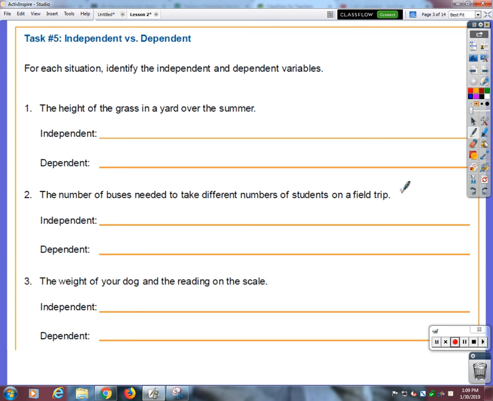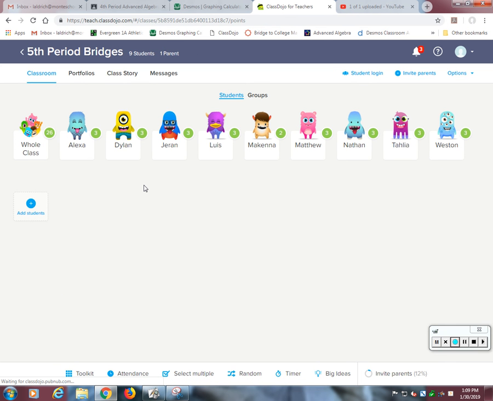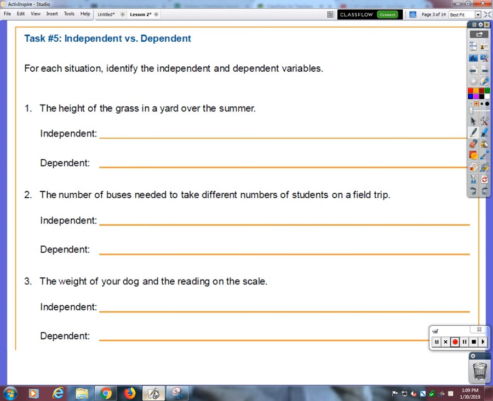Task number 5, independent versus dependent. You guys love these questions. For each, which one makes the other one change? For each situation, identify the independent and dependent variables. Jaren? Height of grass is one variable, and the time of the year, the time in the summer, is another variable. So independent is summer, and